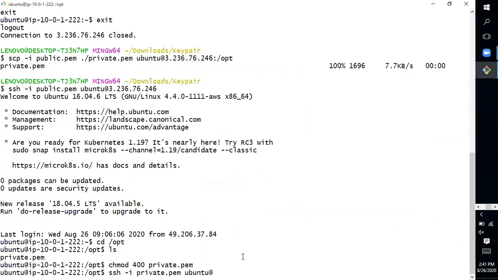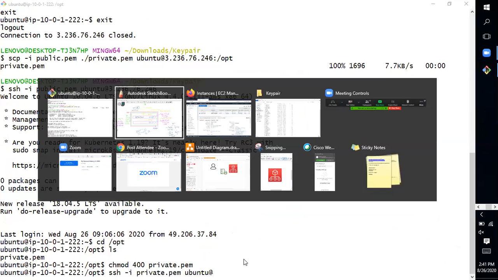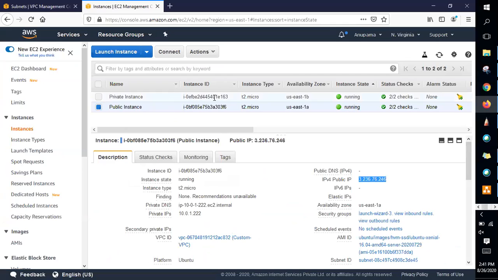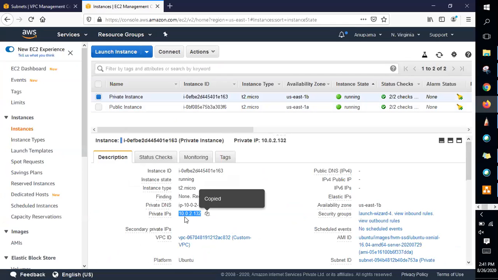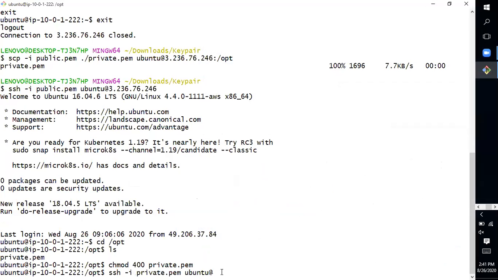Because internally you can connect through the private IP. So I go to the private instance, copy this private instance ka private IP and paste it here.